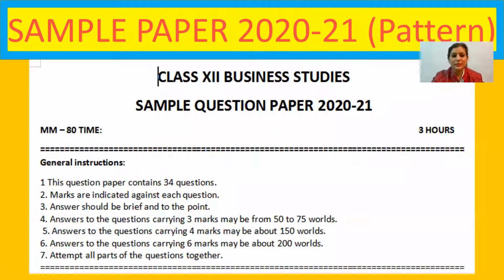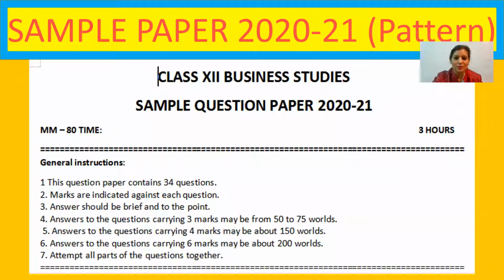Yes, 12th class, see, this is the sample paper provided by CBSE, sample paper 2020-21. These are the general instructions written on the question paper, only 34 questions. In previous years, 25 questions were there. Now there are 34. How has this number of questions increased? Due to 1 markers. Earlier, only 8 1 markers were there, but now 21, and all are MCQs. In these 34 questions, 21 are 1 markers, then 3 markers, 4 markers, 6 markers.